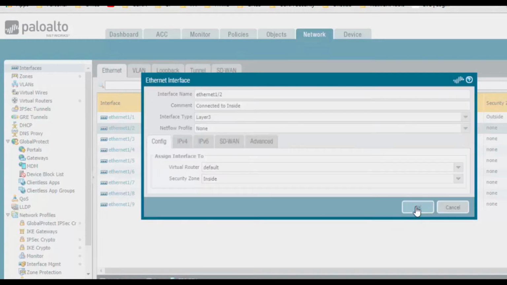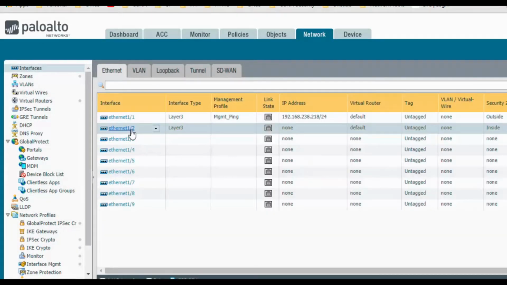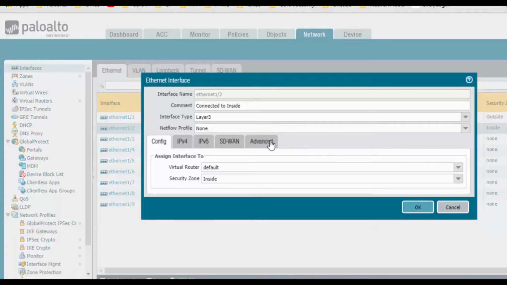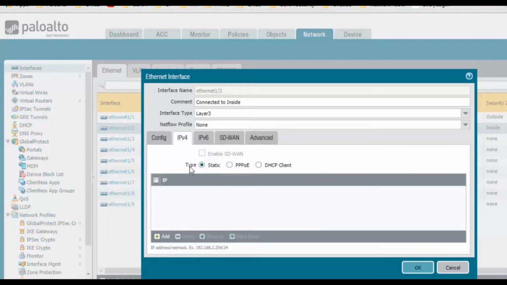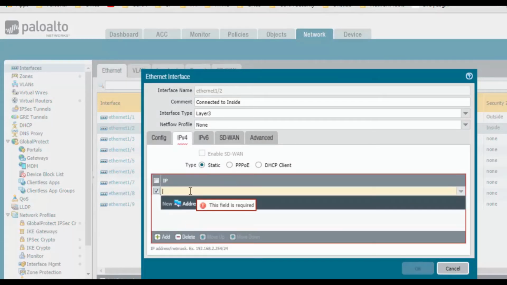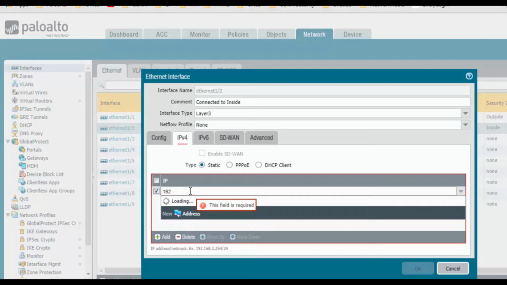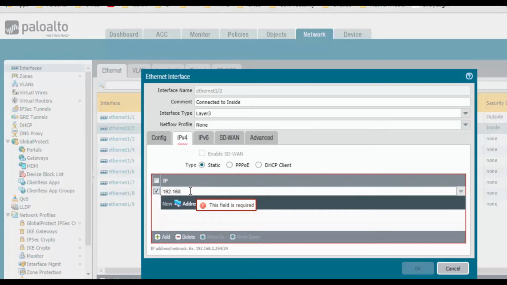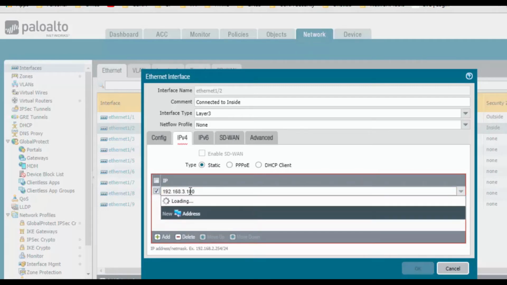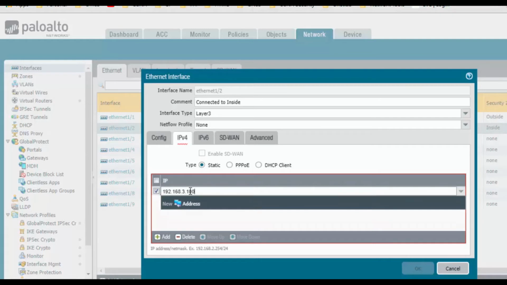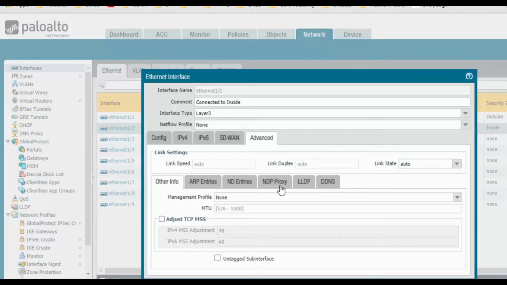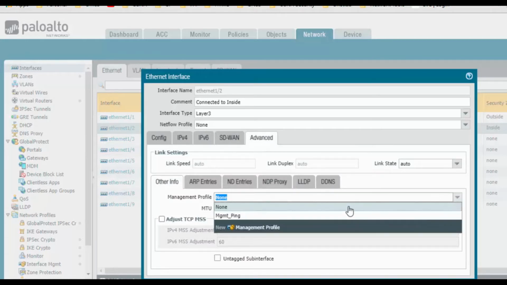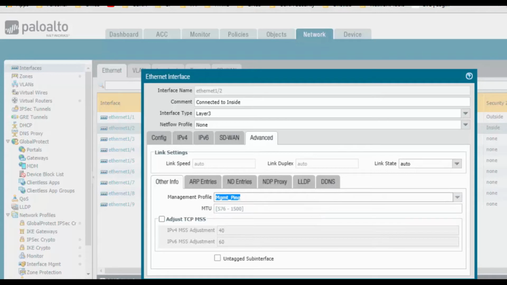Click on OK. Okay, we missed one thing. Go to IPv4, click on Add, and configure 192.168.3.100/24. Click on Advanced and select the management profile. Click on OK.